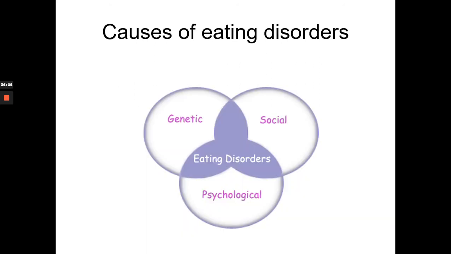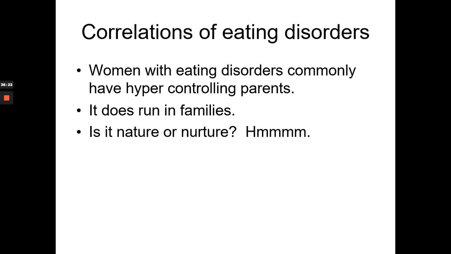All right. So as you know from that, with any kind of disorder, there's genetics, there's psychological, there's environment. It all comes together. And this is true pretty much of all mental disorders. There's nature and there's nurture. Okay? Now, you saw a little bit of anorexia in the intervention twins video, but that wasn't typical. Most anorexics, from what I've heard, have hyper over-controlling parents, and they tend to be wealthy. Now